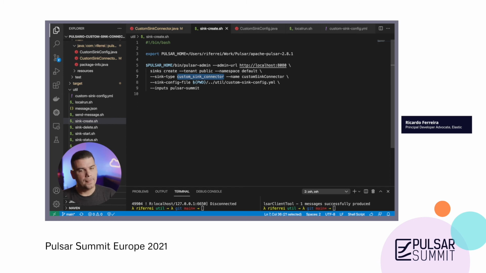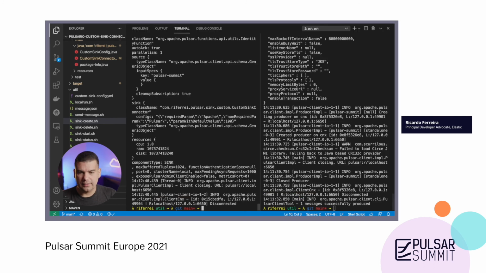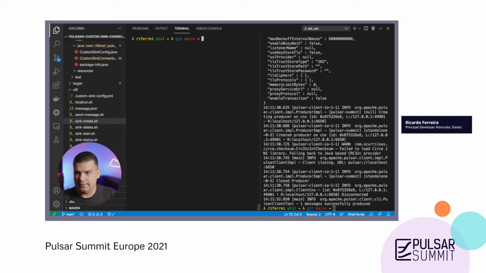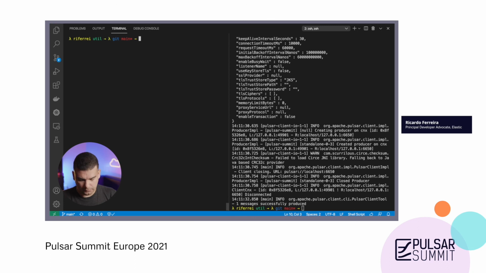So now we are referencing the connector as something that has been deployed, and we're just telling Pulsar to execute that connector. So let me execute this sink create script right now, so you can see the behavior. What this script does is ask Pulsar to deploy that connector.